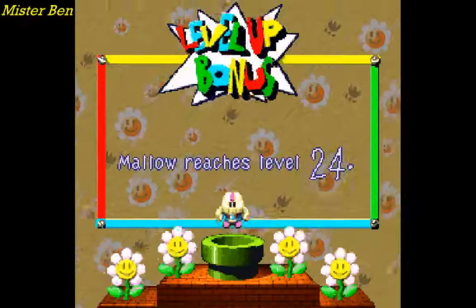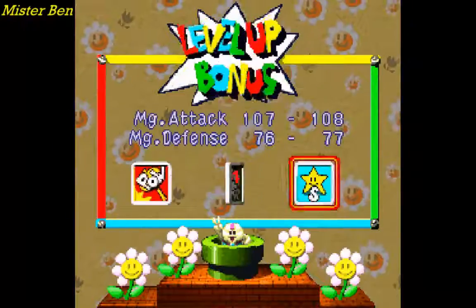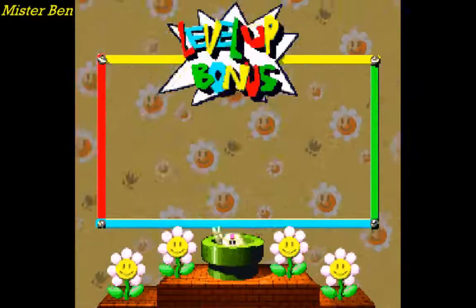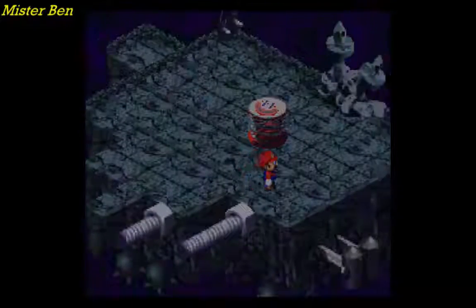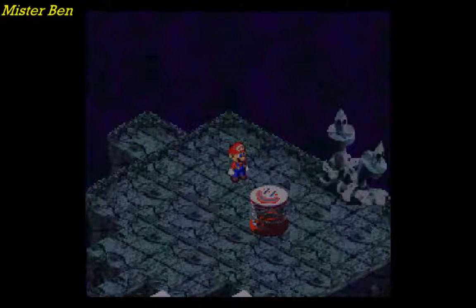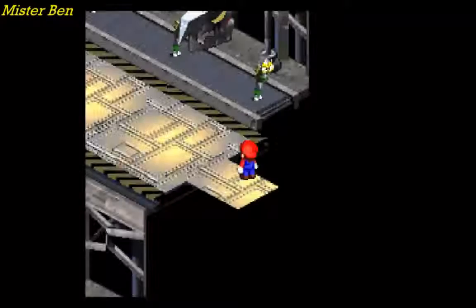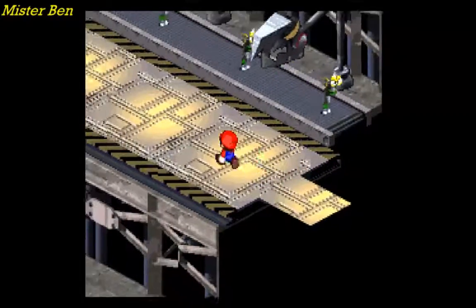40 experience points and a level up from Mallow. What do we want to add in? Let's give him some attack. And we also have a way of getting back up to the main floor if we need to. But now,